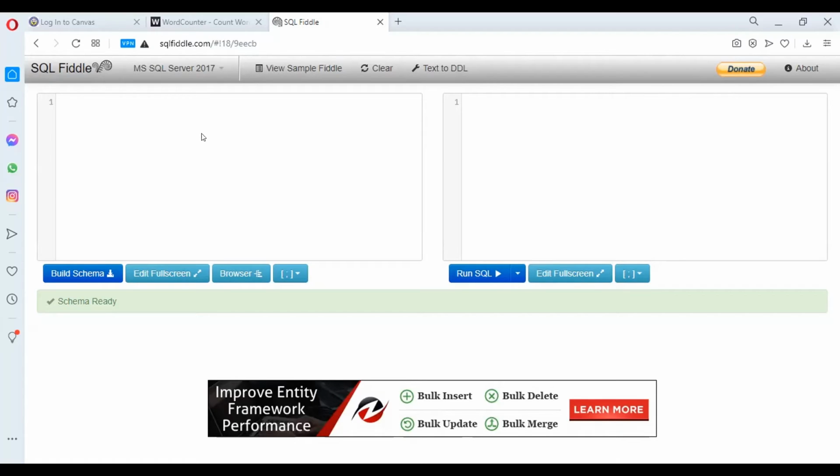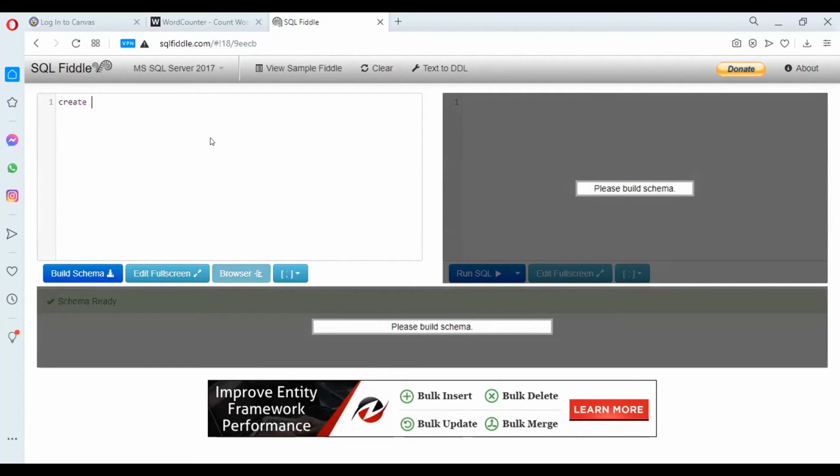So the first thing that we are going to try is making our own table. In order for us to create our own table, we must make use of the DDL command create. So in order for us to create a table, use the command create table followed by the table name. Okay. So for this example, when we are creating a table,